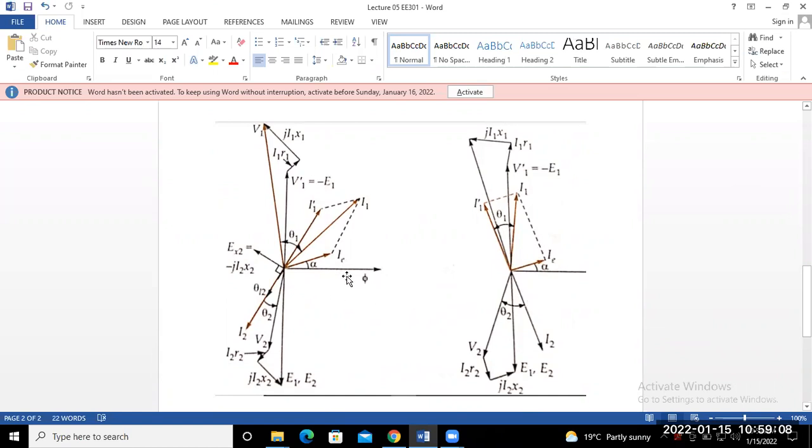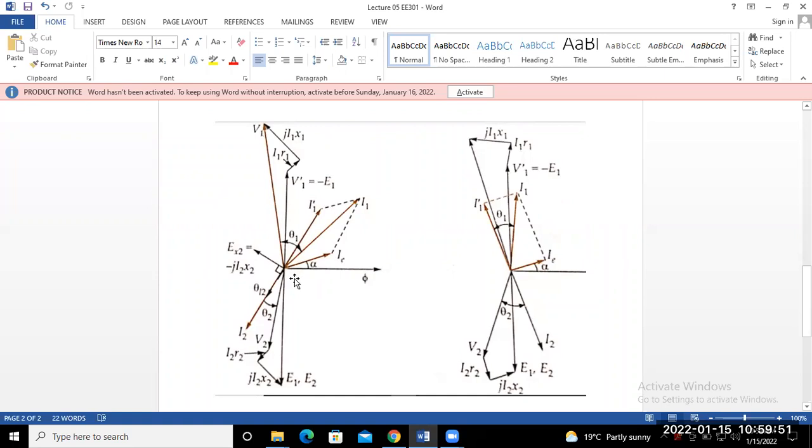So first one is your, can you identify which phasor diagram is for lagging power factor and which one for the leading power factor? From the discussion of a few minutes earlier, can you identify which one is the lagging power factor phasor diagram and which one is the leading power factor diagram? Then I will explain all the components of the phasor diagram. At least you find out. First one is lagging power factor and second one is leading power factor. Exactly. First one is your lagging power factor and second one is your leading power factor.